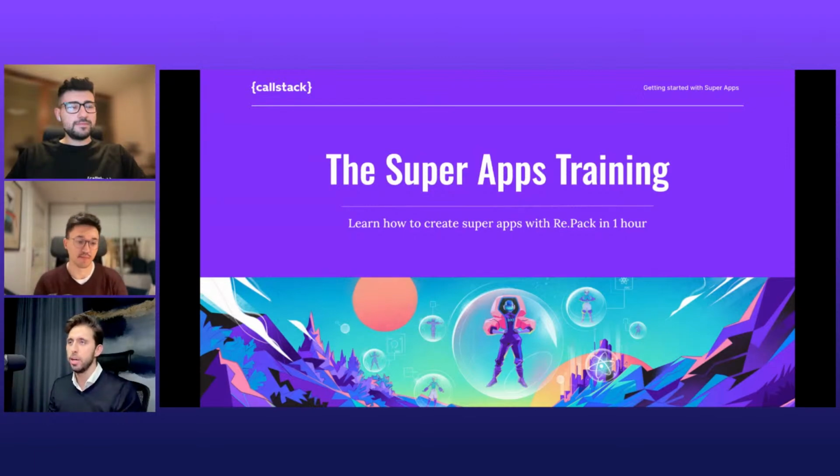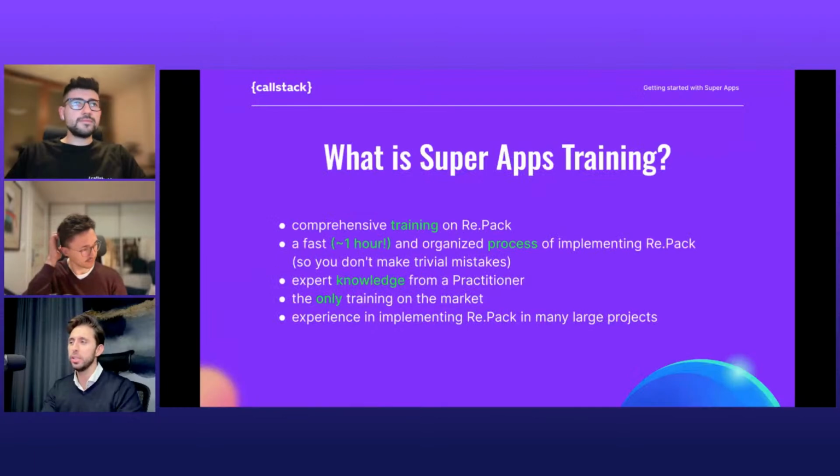So the Super Apps training: how to learn to create super apps in React Native with Repack in net time of 1 hour. What is this training? So this is, first of all, a comprehensive overview of how to use Repack to create your super app. It's fast, it's 1 hour, it's organized, and it will guide you through the whole process of creating a super app, from not knowing how to get started with the super app approach up until the moment you are able to develop a simple super app